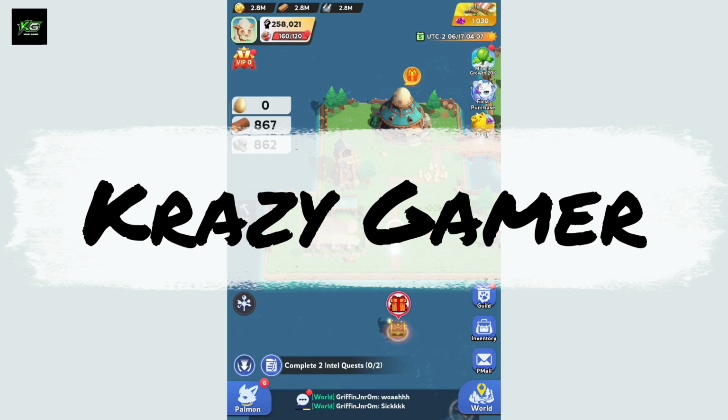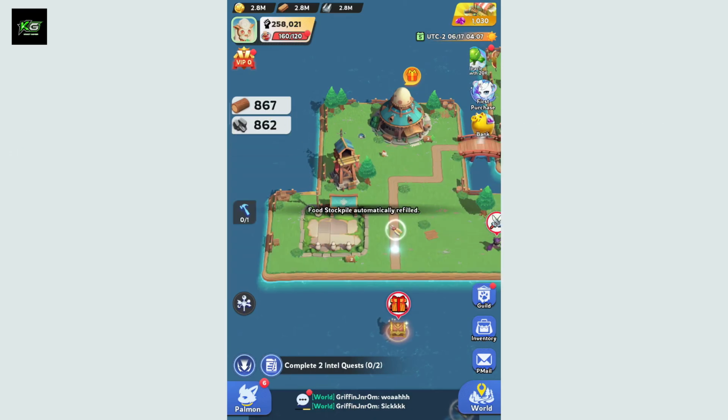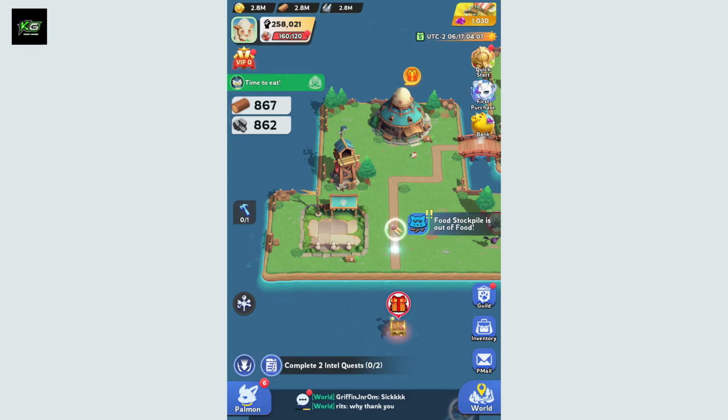In Palmon Survival, if you want to save your progress, then it is actually pretty simple. First of all, launch your Palmon Survival game and check if you are playing as a guest. Guest accounts usually don't save safely, so once you are inside the main homepage of your game, go ahead and